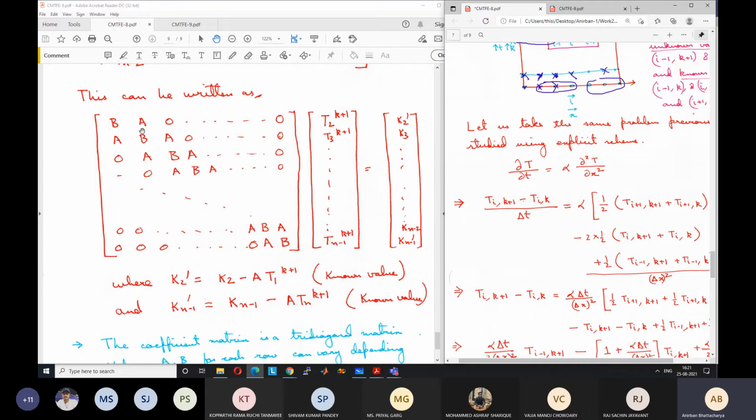We will later see that there is a method called the tri-diagonal matrix algorithm which just scales as n, because of this particular nature of the matrix, because it is a tri-diagonal matrix. That's why when the number of grid points increases by 100, the time will also increase just by 100 times. So instead of 1 second, it will take 100 seconds. These things are very important later on when you do real life problems, because we have limited time and computational resources. Not we, I mean everybody, any company, organization.